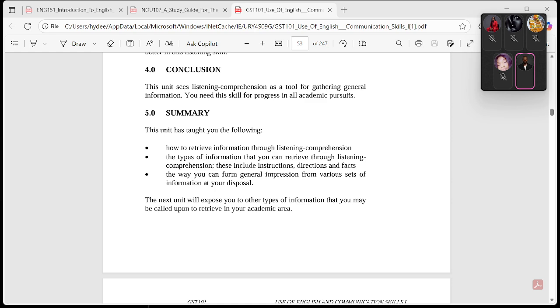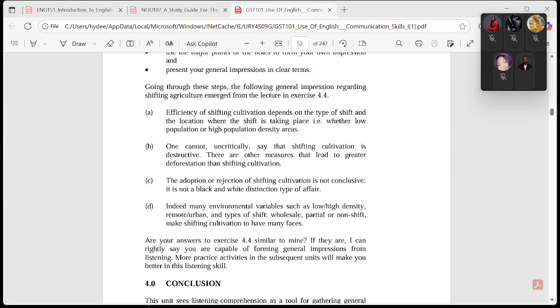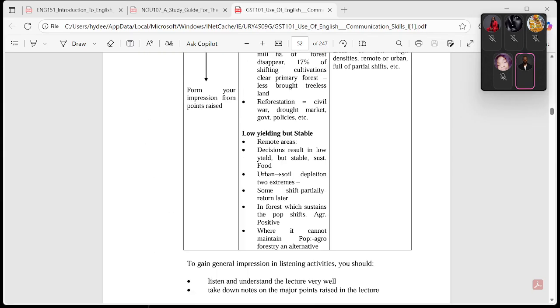And this is what people that retrieve information in the investigation unit do. Now, can you believe that this is a course Use of English, communication as communication? Do you believe it is? Because it's actually telling you how to distinguish between fables and facts. It's kind of as if you're investigating on your own.